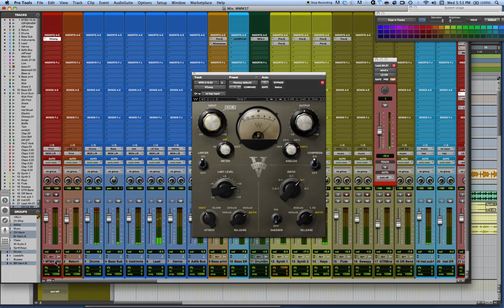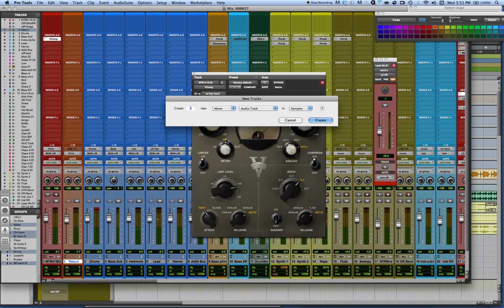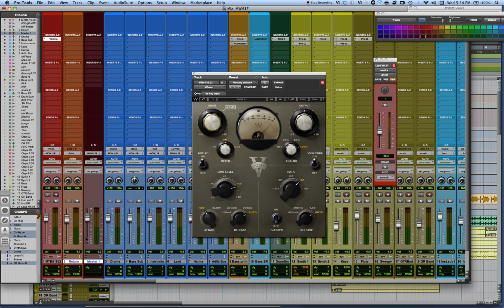Okay, so normally what I have is a master fader here. So I'll just add one real quick and throw that on there because I wanted to put this on the mix bus. And if it shows up, yeah, okay, cool. All right, so I'm not sure why there was never a master, but this should always be a master fader on a mix, right? Okay, so let's see. All right, so I'm going to turn off the...